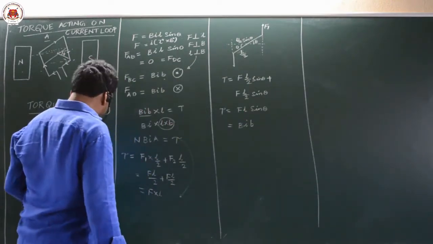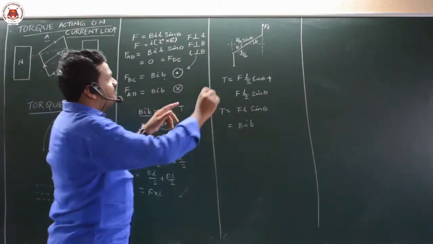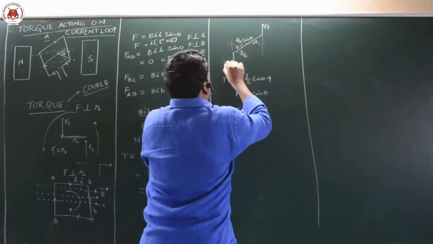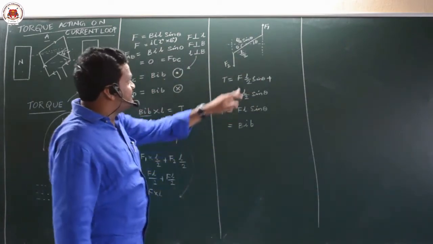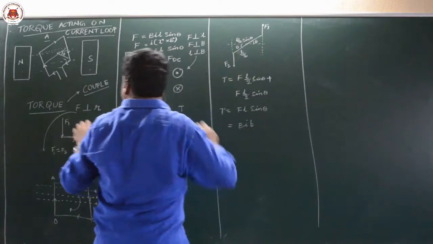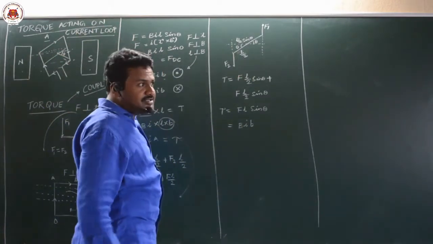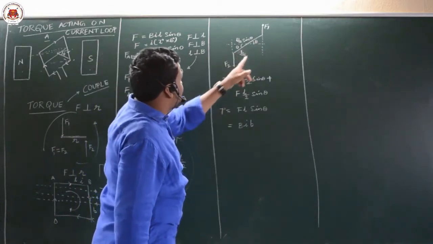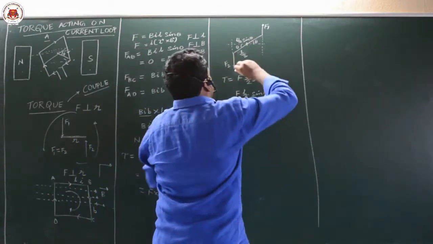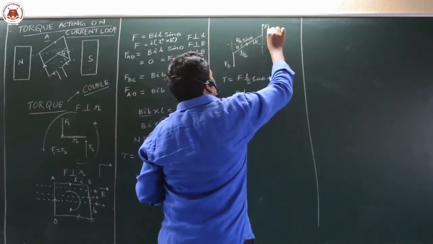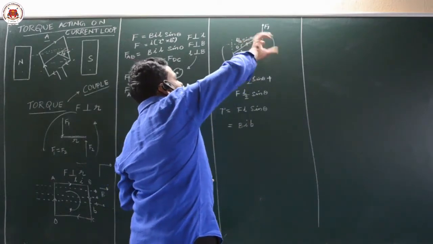So here the coil is perpendicular, here the coil is not perpendicular. This is one force, this is another force. You can see in your textbook very clearly they have given the diagram. This is F1, this is F2. The coil is making a certain angle with the magnetic field. And with the distance from the center, this is one torque, this is another torque. Both are in the same direction, producing turning effect in the same direction.